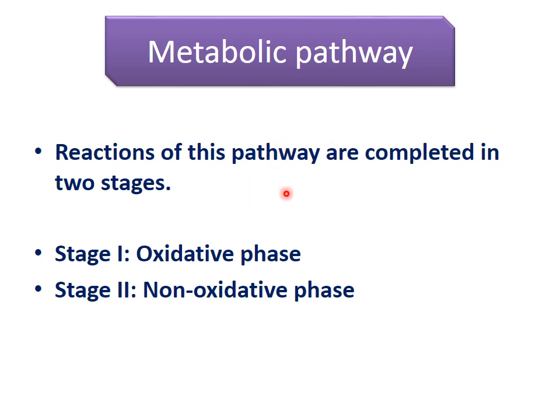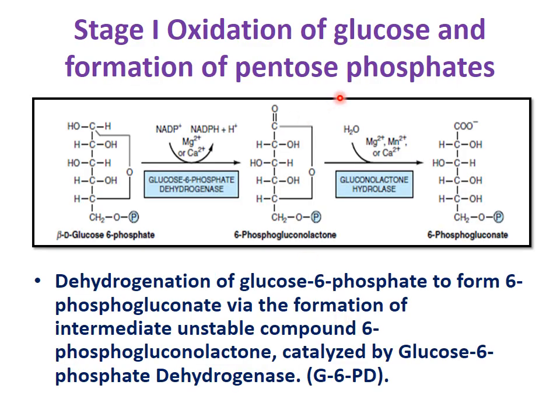Then we come to the reactions. So this pathway is completed in 2 stages. One stage is the oxidative phase, whereas the other is the non-oxidative phase. In the oxidative phase, the first step is the formation of pentose phosphate from glucose. So this glucose is converted to glucose 6-phosphate. This glucose 6-phosphate forms